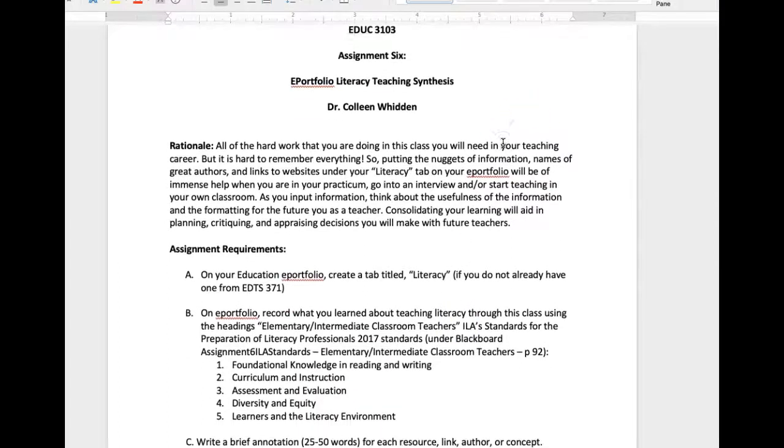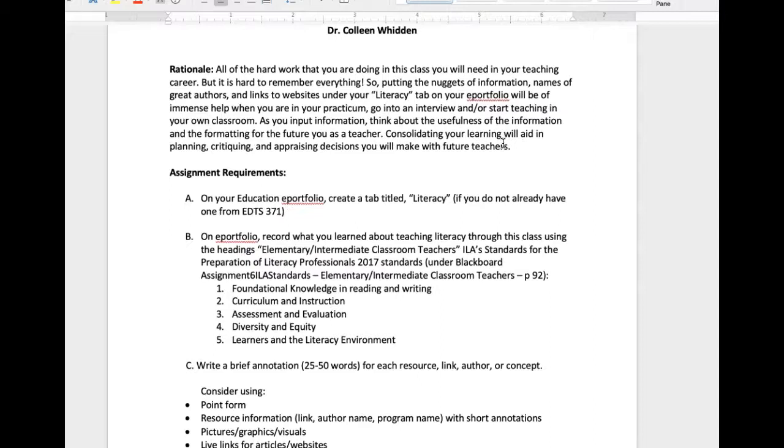So the rationale: all of the hard work that you're doing in this class, you will need in your teaching career. You'll need these resources, but it is hard to remember everything. So putting the nuggets of information, names of great authors and links to websites under your literacy tab on your ePortfolio will be of immense help when you are in your practicum, go into an interview, and/or start teaching